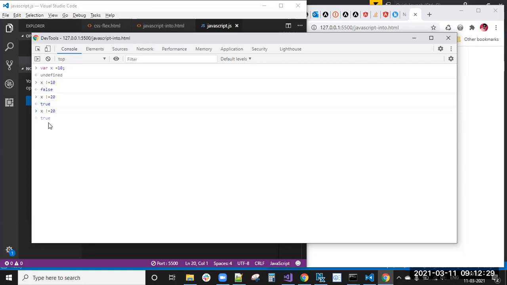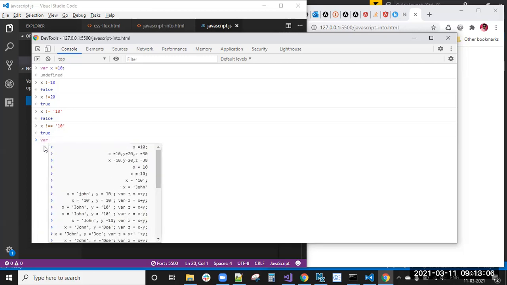Similarly, if you give the string 10, you will get true because it is checking the type. The value is equal, but the type is not equal, right? Because of that, x not equal to the string 10 is true. That not equal gives you true. Similarly, you can compare numbers with a string also.